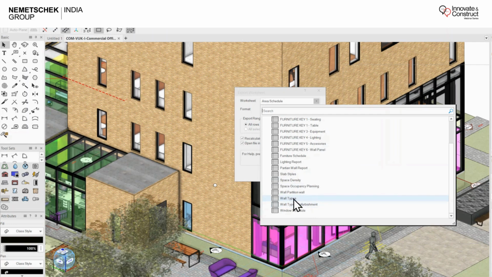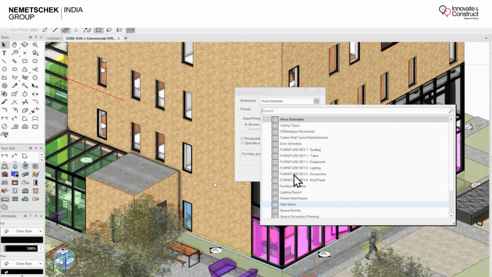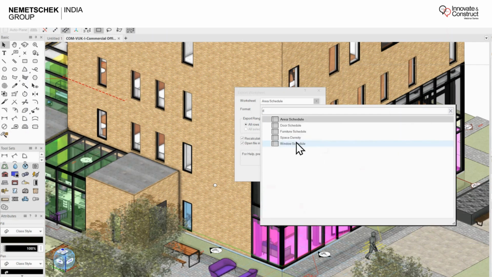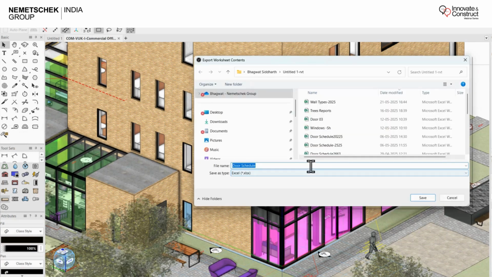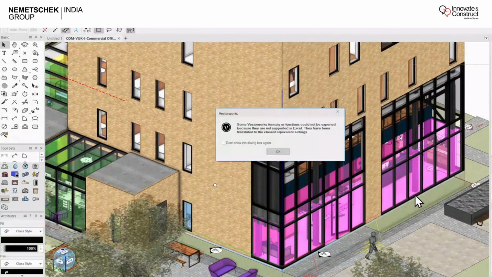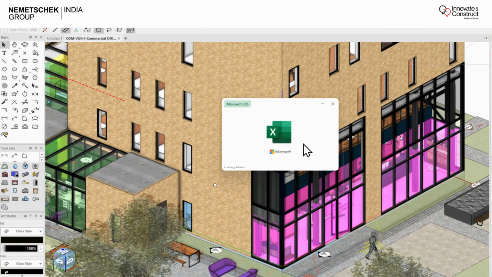So just to show you how a wall type, or maybe just for a simple reason, I say door, I can search back, I can select the door, and I can extract my door schedule here, and maybe just to define it and keep it in here, and let's open it. It will open back your Excel file. It is directly linked to your own Excel file,